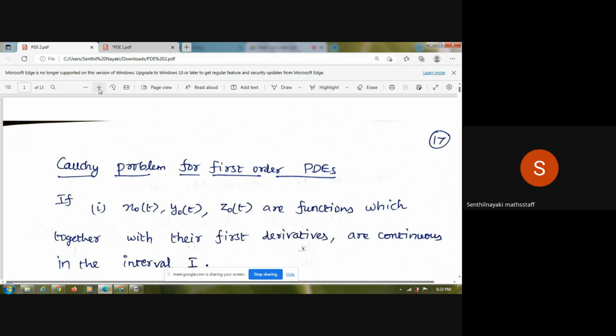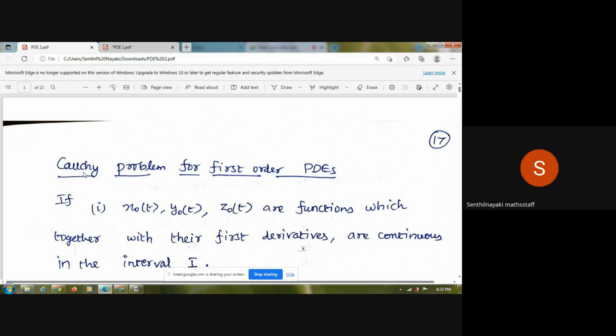And for the nonlinear partial differential equation, we have discussed the Charpit method. That is an important method. Those two methods, Lagrange and Charpit, are very very important in partial differential equations. Now we are going to discuss another important